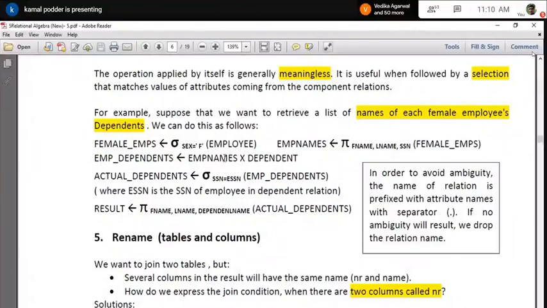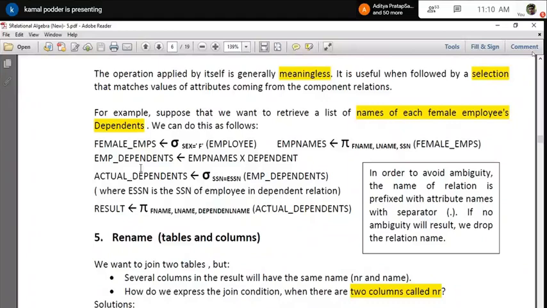But mind it, the danger here is that all the dependents who are not the female employees' dependents are also joined with the females. So this result is sometimes giving wrong information. It is showing some dependents under a female employee who are actually dependents of a male employee. Because it is a Cartesian product, all the dependents will be joined with all the employees. But I got some result.